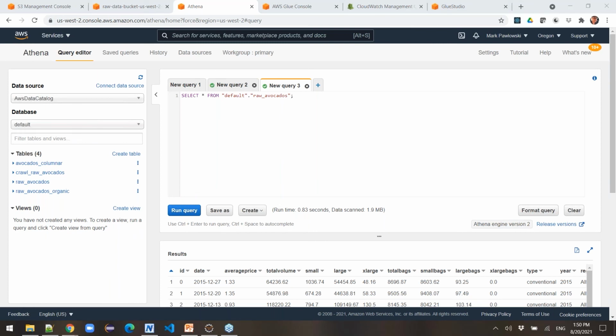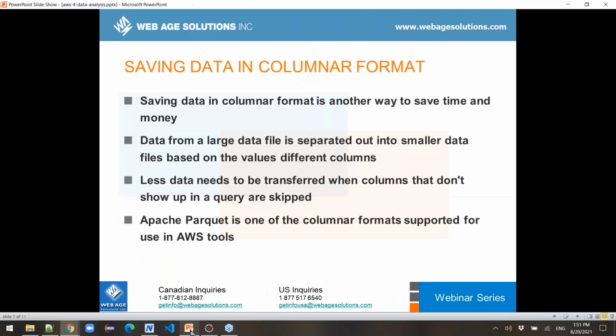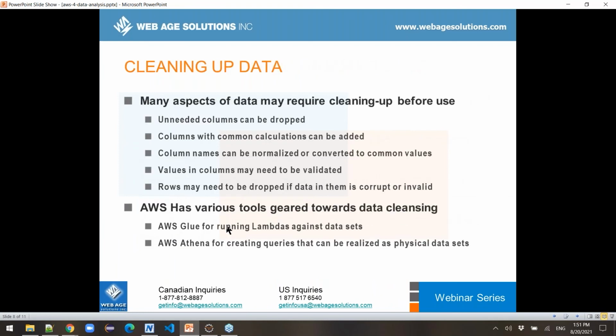Let's take a look at just one other thing, which is this last one here, cleaning up your data. There are a lot of reasons why you might want to clean up the data, and AWS has some tools. Let's take a look at one of them that I've set up, which is